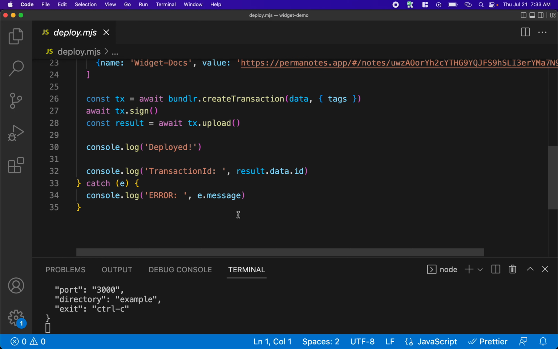Cool. And then with Bundler, we create the transaction and sign it, and then we upload it. So Bundler does the same steps as Arweave. The nice thing about Bundler is it's an L2, so it's faster. It can do more transactions than the layer 1. As well as you get, if it's under 100